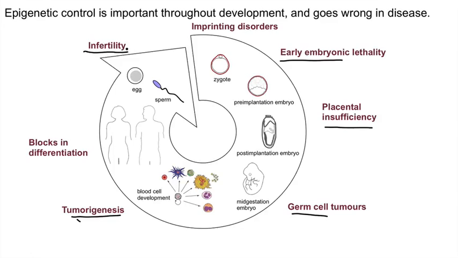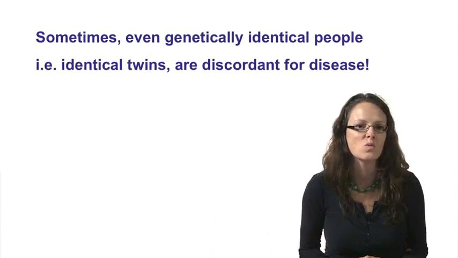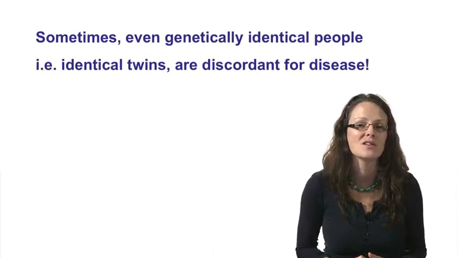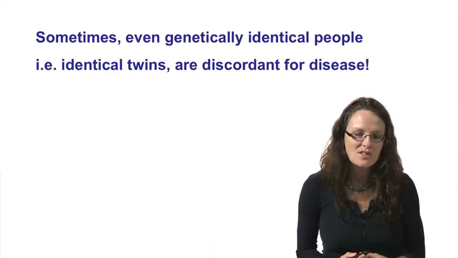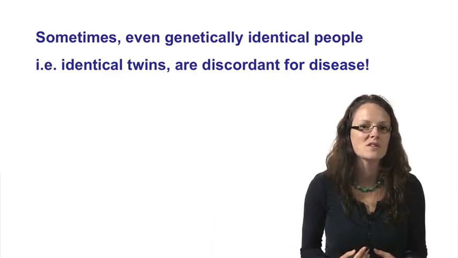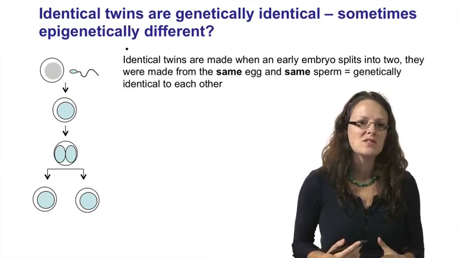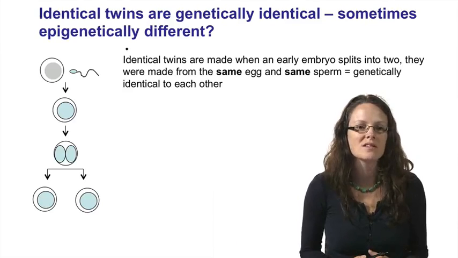So in each of these cases, throughout development, we're talking about cells that have identical genetic information, and yet they have different cellular makeups. But if you think about it, we also know that this doesn't just happen with genetically identical cells within one person, but we know that there are examples of genetically identical people. So that is identical twins, monozygotic twins. What's interesting about monozygotic twins is sometimes they look a little bit different. So they're a bit discordant for their phenotype or their phenotypic makeup, but on some occasions they're even discordant for disease.